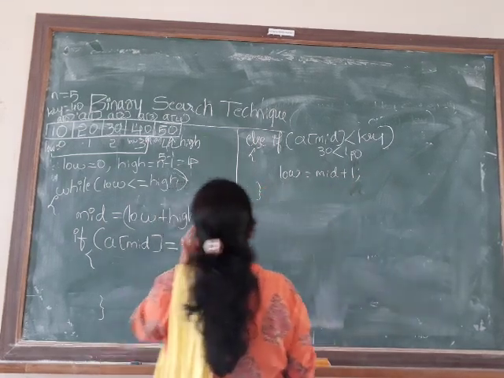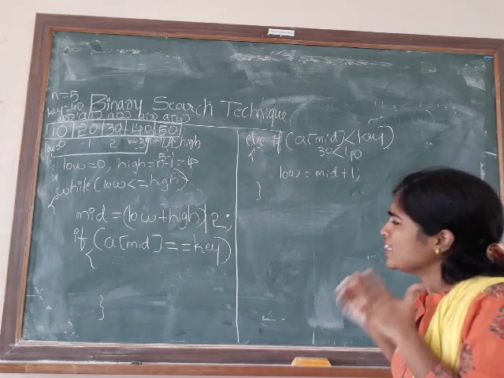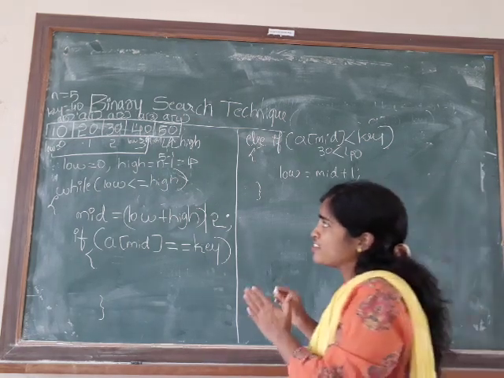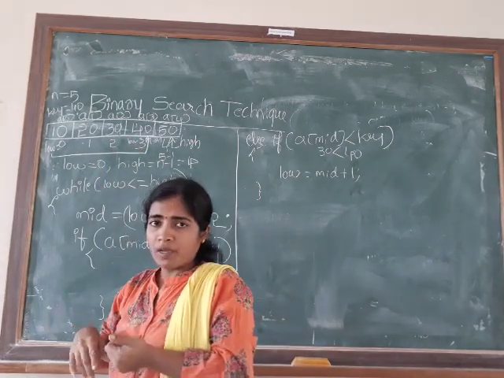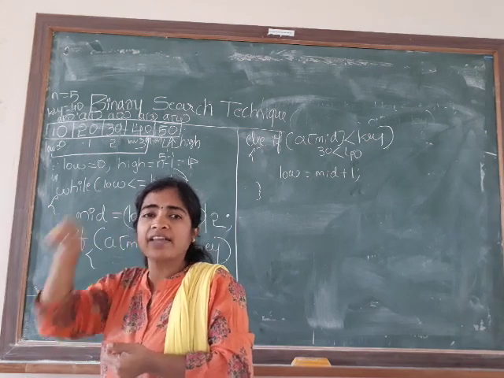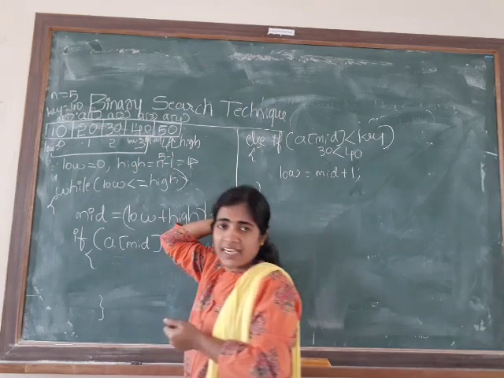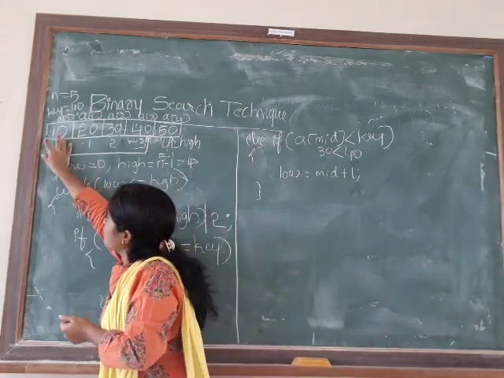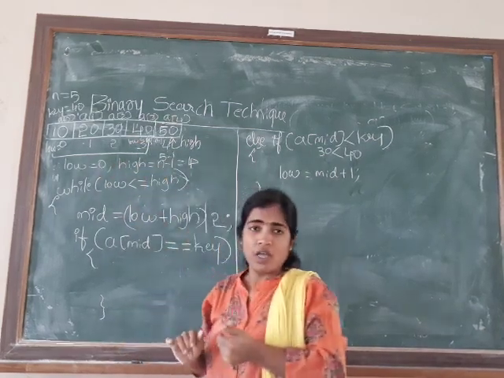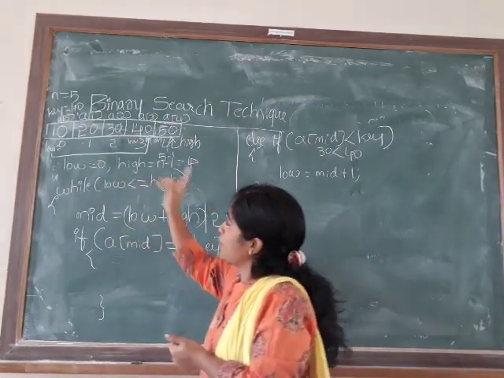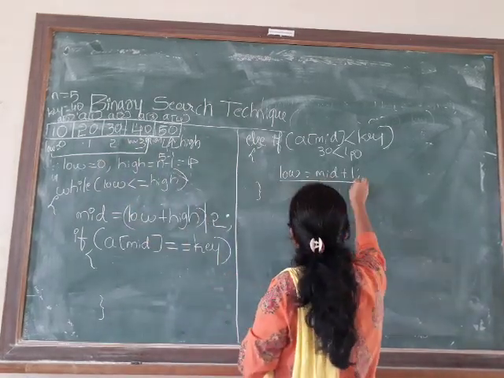Low is equal to mid plus 1. Understanding why I did low is equal to mid plus 1? We should be least bothered about what elements are there before the mid value, because we know that the key is greater than the mid. Definitely it is present in the next half of the array list. So my low has to be moved from the 0th location to the mid plus 1 location. What is mid? Mid is 2. Mid plus 1 is 3. Yes or no? That's why it is considered.